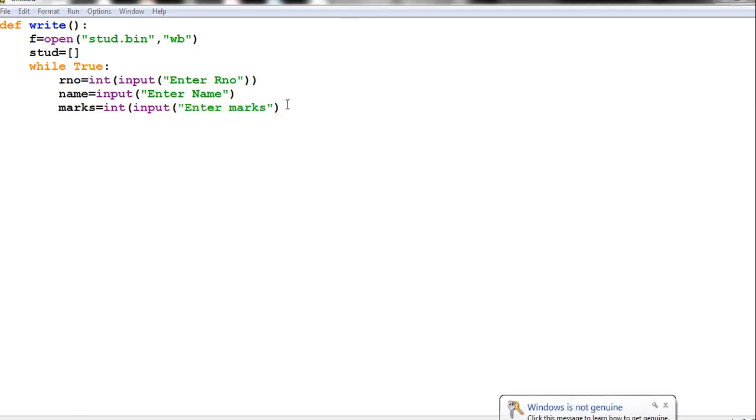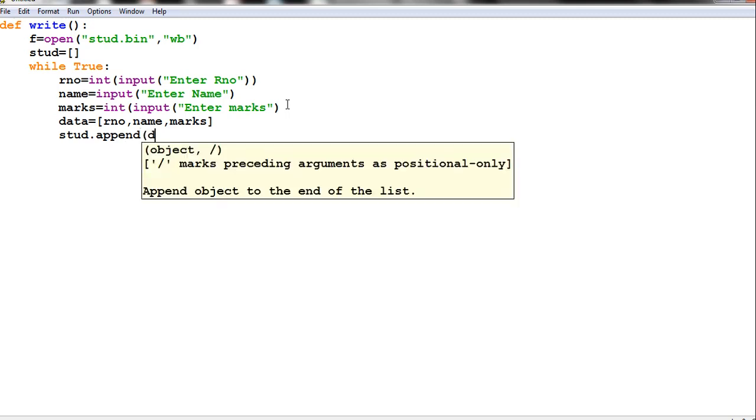Now if you want, you can store them as a record or separate list. You can store here like data equal to list, you can store rnum entered, comma, name entered, comma, marks entered. So all are stored in the list. Now what I will do: stud dot append the value of data entered, right?